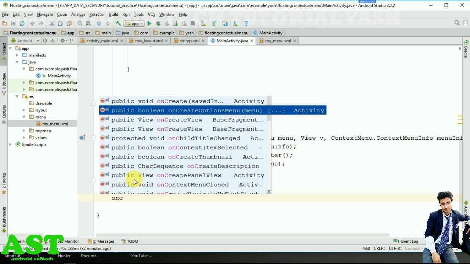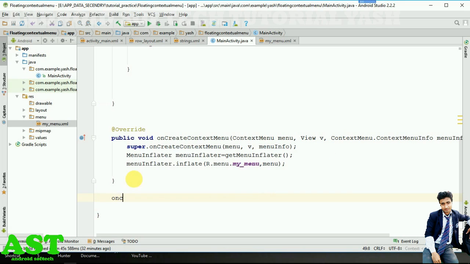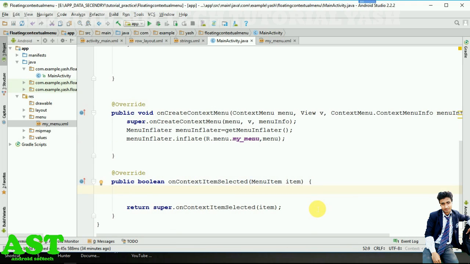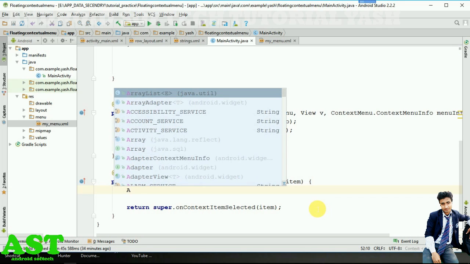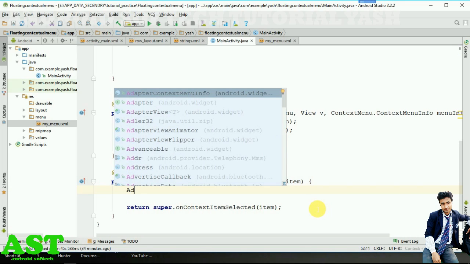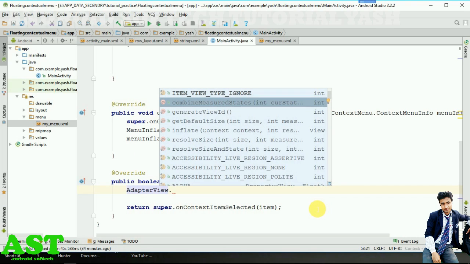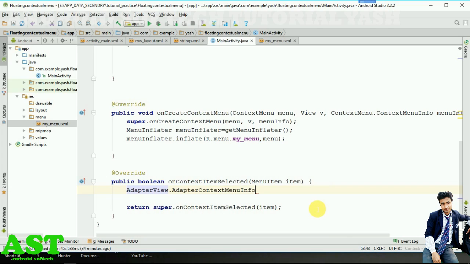On context item selected, it is here, I think. Guys, now it is overridden, and okay guys, so here we need to get the position of the item on the list view on the adapter. So we will need an object of adapter context menu info. So create the object of that and follow me, and we will pass the adapter view dot adapter context menu info, and make the object of this,